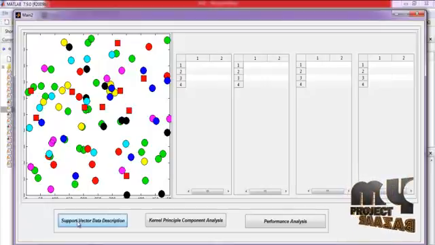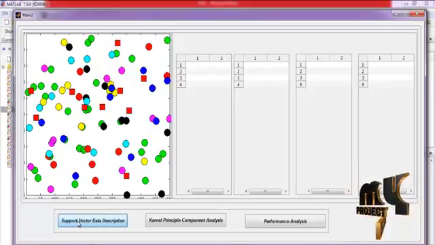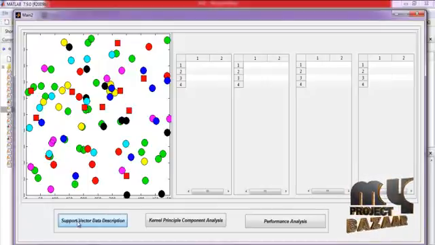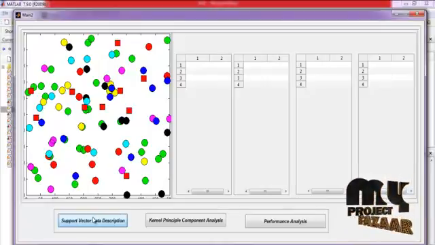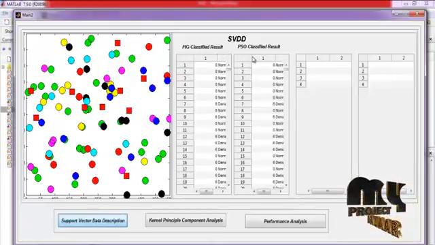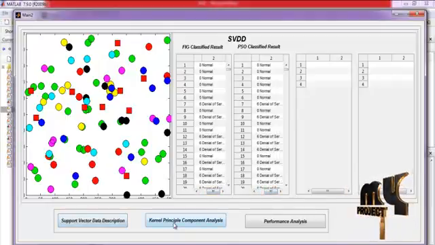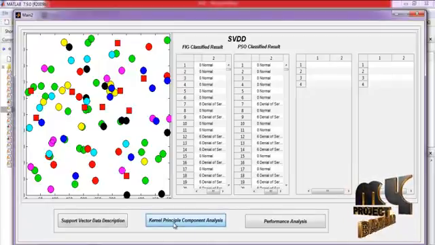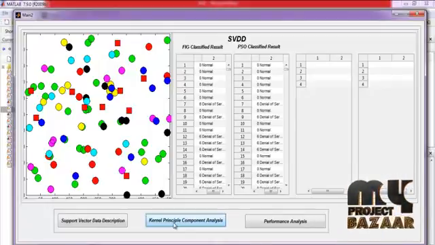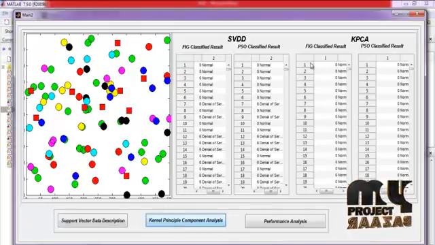In this algorithm, the support vector machine process is performed to classify the label. Here, this algorithm's execution will be performed and it will take some time. Here, the FIG classification result and the PSO feature selection result have been produced. And after that, kernel principal component analysis classification will be performed. By pressing the kernel principal component analysis button, you can perform the classification for our FIG feature selection result and also the PSO result. By pressing the performance analysis button